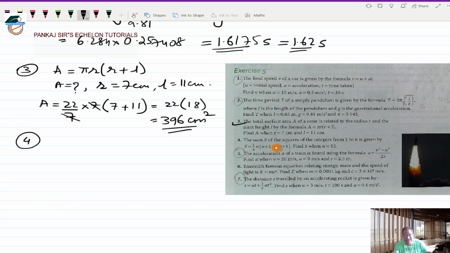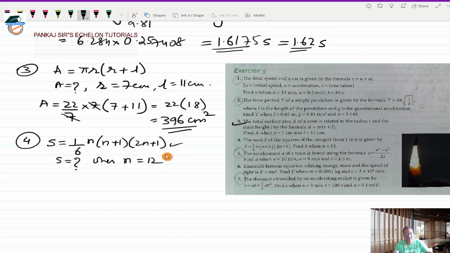The sum S of the squares of the integers from 1 to n is given by this formula. Okay. So let me write down the formula first. S is equal to 1/6 n into n plus 1 into 2n plus 1. Now this is the formula and he has asked you to find out S. So find S when n is equal to 12. Okay. So in this particular formula, you have to plug in the value of n as 12 and find out